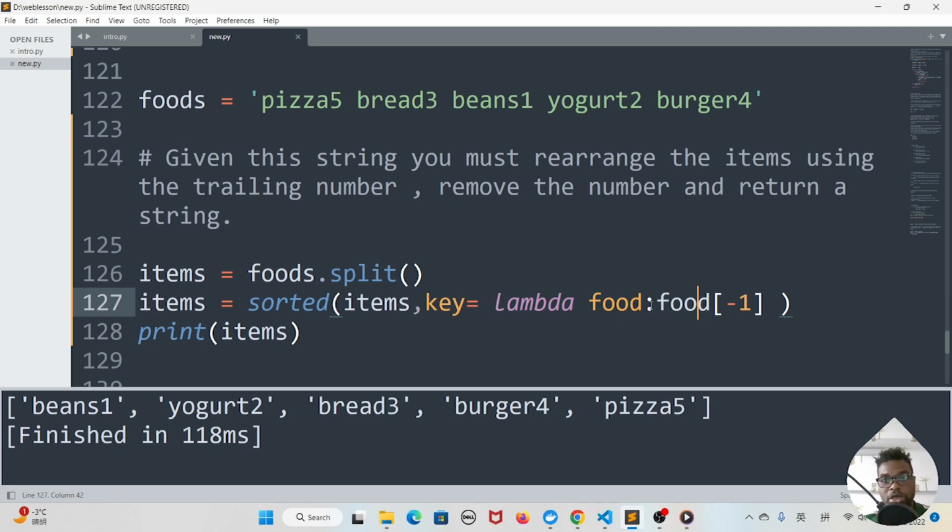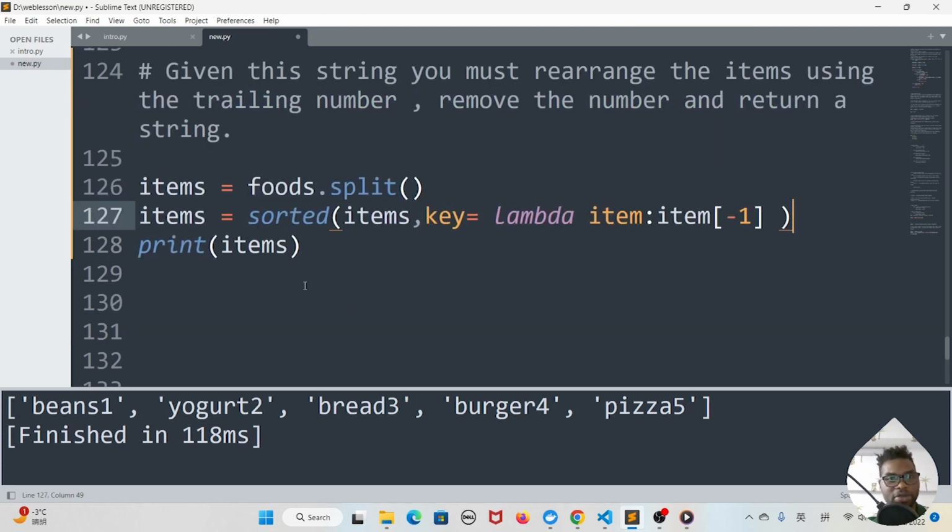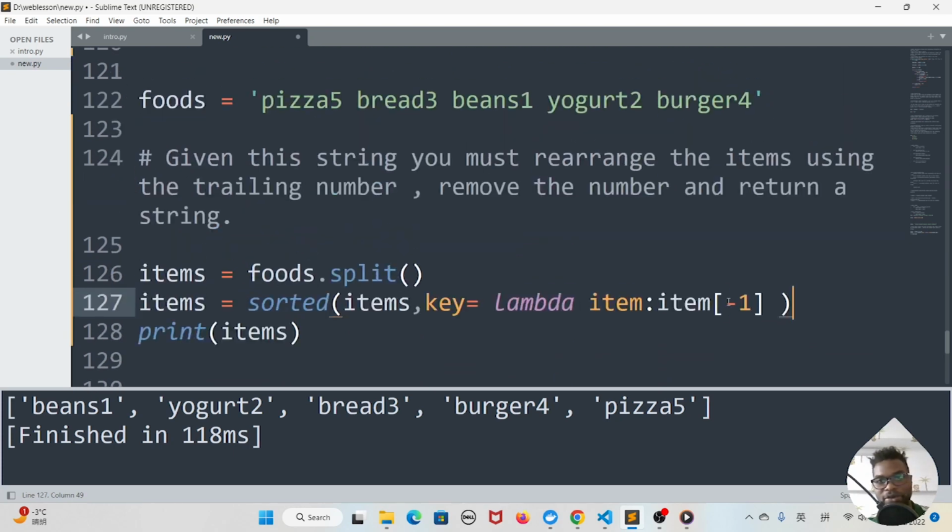However, I prefer to call it an item. It makes a whole lot of sense since these are items, and so for each individual item. All right, so I'm using indexing over here, so I'm pointing to the last item in that particular string, if you are not familiar with